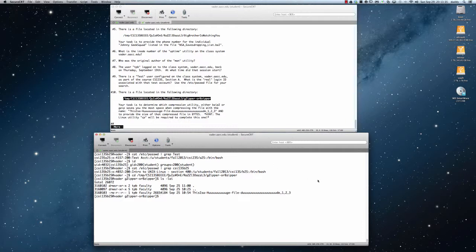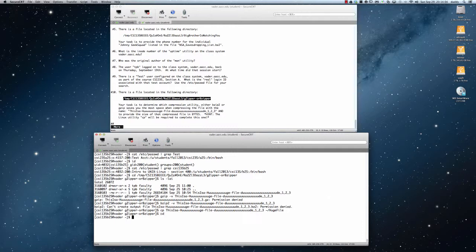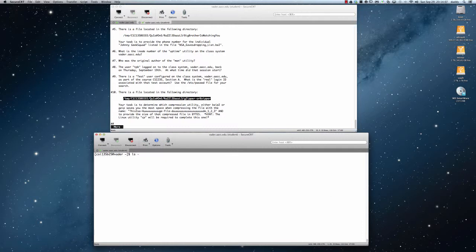And here's why. If I were to do the gzip command with -v on this huge file, and I hit enter, you can see permission denied. What about bzip2 -v on this huge file? Permission denied. So this should be your hint that you need to copy this file, and I'm going to go ahead and put it in my home directory. So cp, and I will just call it hugefile. All right, so now when I cd to my home directory, let's clear the screen, type ls -lai on hugefile,